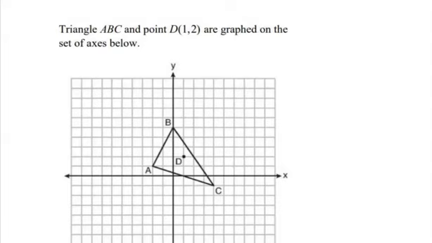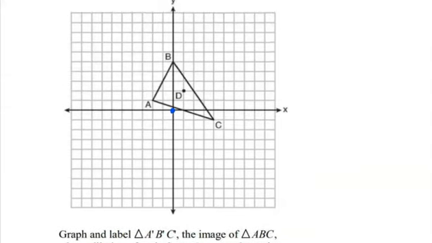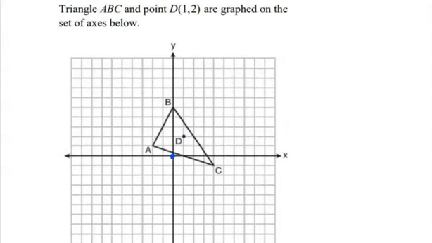So previously, we mastered how to dilate a figure inside a coordinate plane when that figure was centered at the origin. However, in this problem, it says triangle ABC and the point D are graphed, and D is the center of it. It says graph A prime, B prime, C prime, the image of ABC, so it's dilated where it's centered at